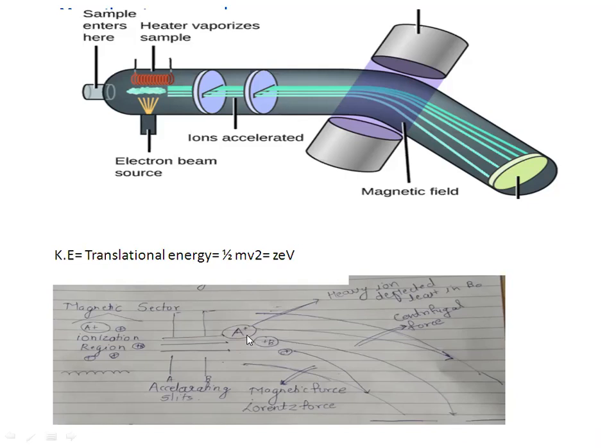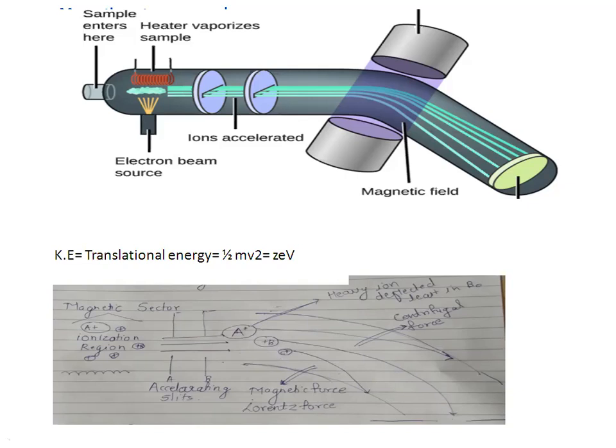Now, if you want to bring A and C into focus, naturally the magnetic field has to be varied. If you want A reaching this point, the curvature has to be increased, so we apply more magnetic field. If we increase the magnetic field, A will be deflected here, while B and C will be deflected still more and will be lost. So we can make A reach here. If you want C reaching this point, naturally we have to apply the least magnetic field. Using this kind of magnetic sector instrument, we can sort these different kinds of ions.